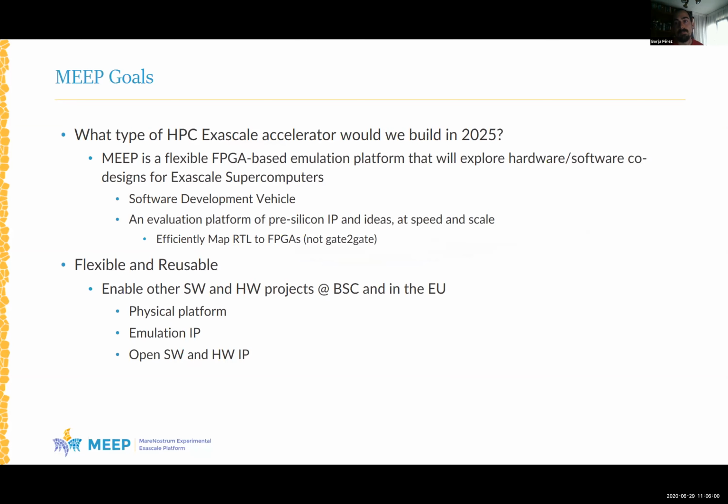And to do that, we need a platform, and that's what MEEP develops. We are going to work on an FPGA-based platform to emulate architectures and to test and validate our ideas. And our thought is to make this platform both flexible and reusable, both within BSc and the whole EU. So we provide value to the whole community in the end.